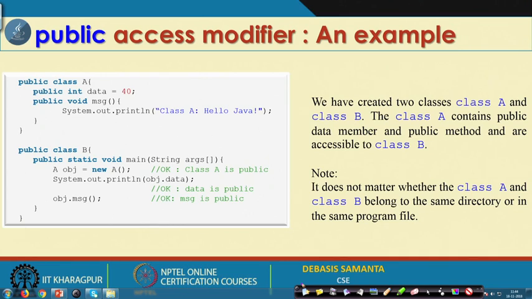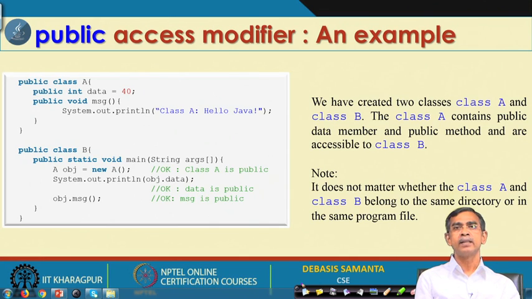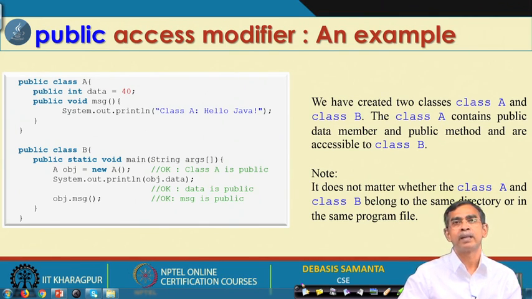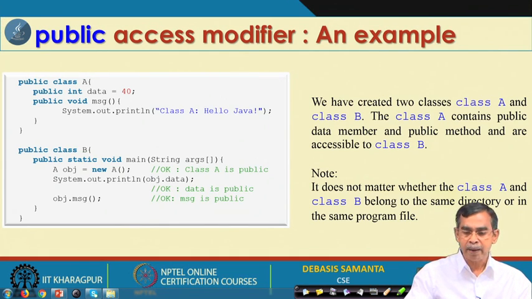So, public is not required, and it is not a good practice. The good practice for any programmer is that if you create any class, you should maintain all these classes in separate files. So, all files can be maintained individually in an isolated way, and then all these files can be accessed in your main class. That is the good practice, of course. In that case all those access modification matters. If you store all the classes in one file, access modification does not matter too much, because it is public in any way. Anyway, this is the concept of the public access modifier,